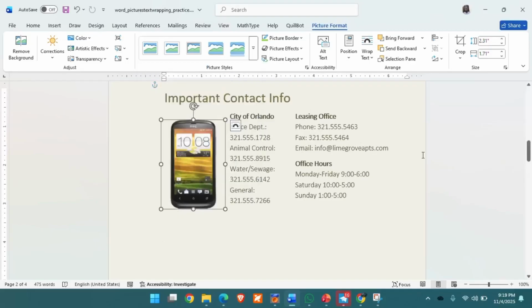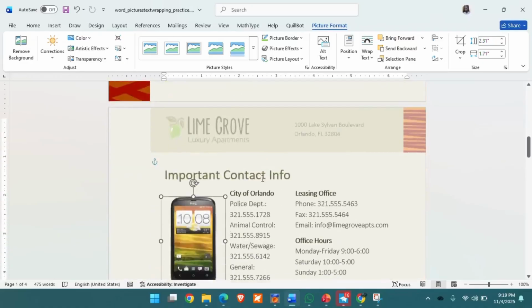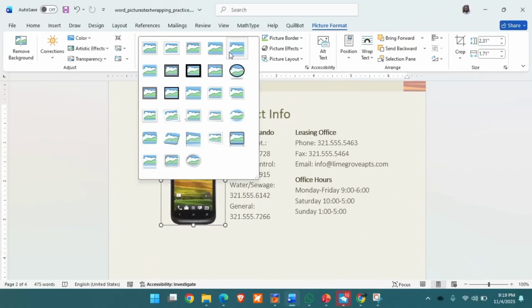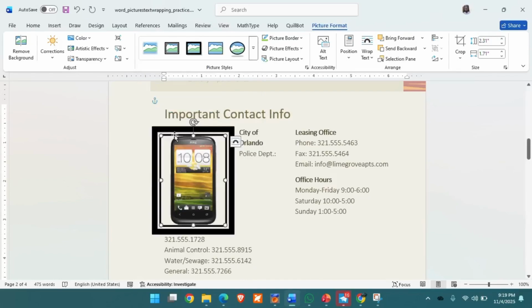Like in the case of this one, I was the one who went ahead to set the picture border. But in the case of the predefined, it's already defined. You don't need to do all the settings. So let's assume I click on this particular double frame, you will see the picture has now taken a double frame